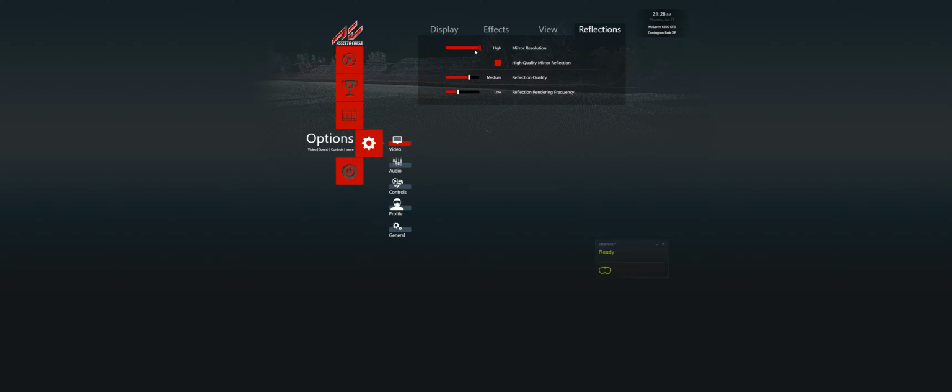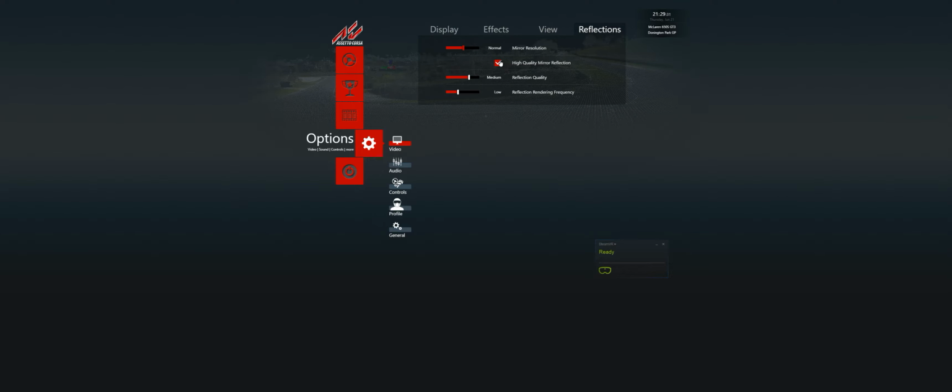When you pump it up to high, it looks even better. It actually looks like a 2D screen when you're looking at the mirror as far as resolution goes, looking through the Odyssey. So that was actually kind of impressive, to see how good the resolution of the cars in your mirrors looked. The high quality mirror reflection seems to only come into play when I run mirror resolution at high. When I run it at normal, I don't really notice anything, but either way, it didn't affect my